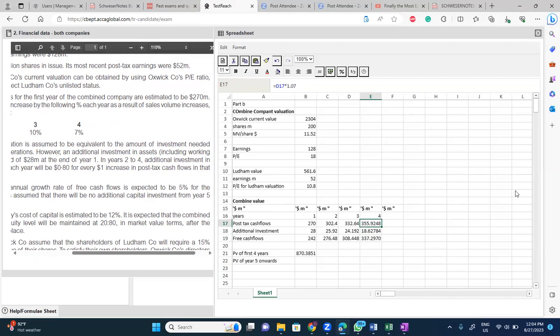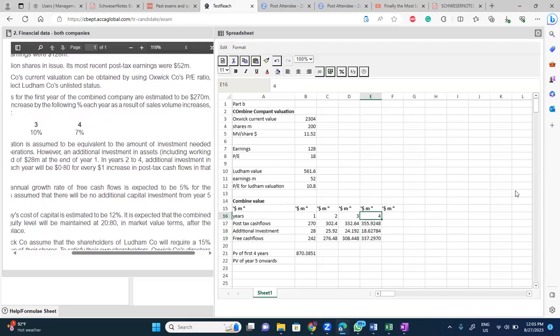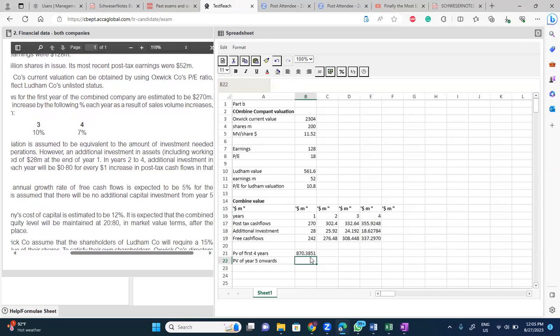Before the additional investment, the post-tax cash flow will increase for the foreseeable future. And what is the growth? Growth is 5%. So I will take this cash flow into 1.05 divided by 12% minus 5%,